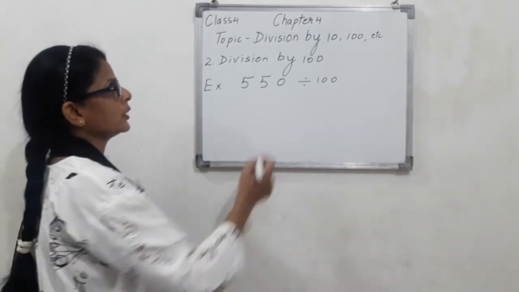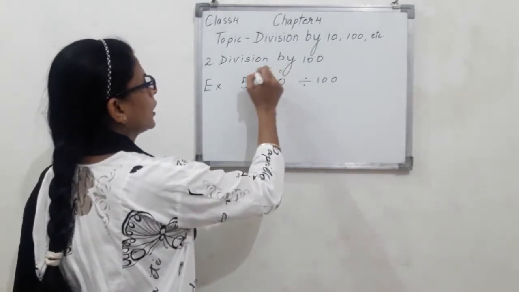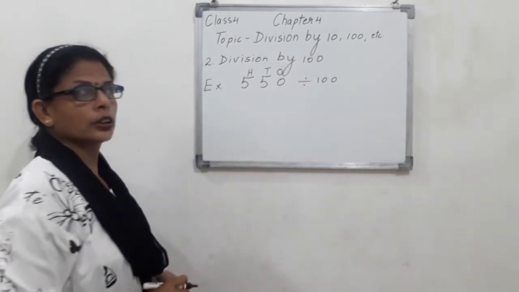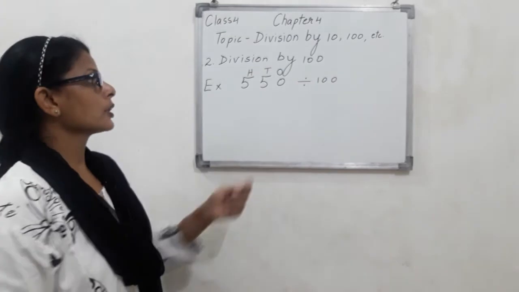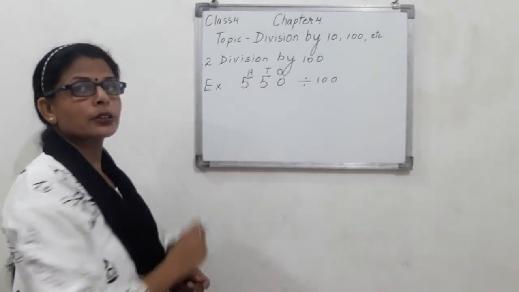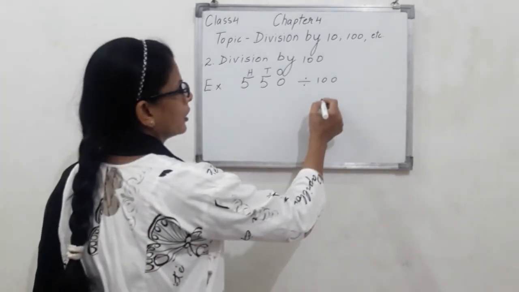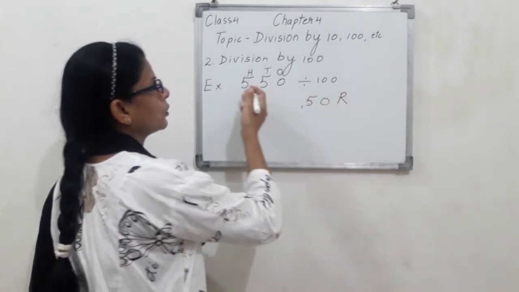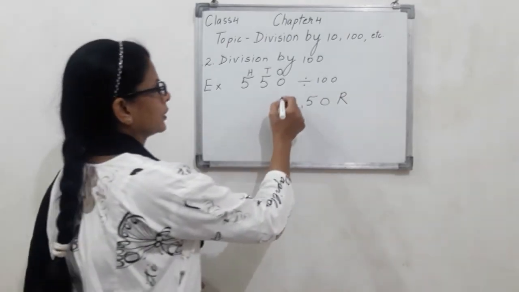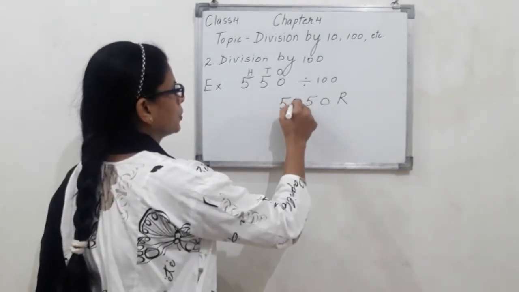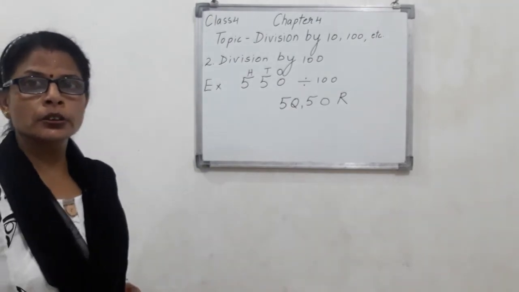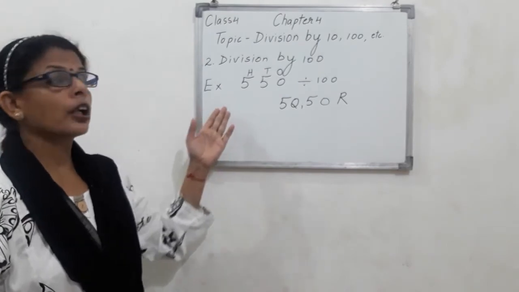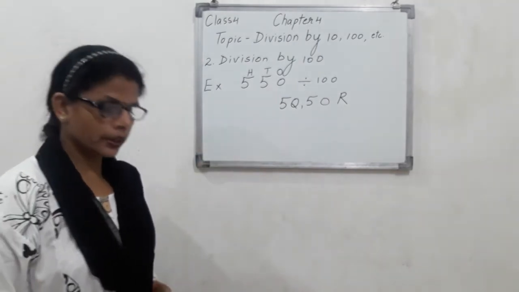First we'll put the places: ones, tens, 100. This is ones, tens and 100. So 2 zeros, this means the ones and the tens place will become the remainder. 0, 5 means 50 will be the remainder and the quotient will be the 100 place. 5 is the quotient. Clear, students? Now if the number is given in 1000, if we have to divide a 1000 number by 100,